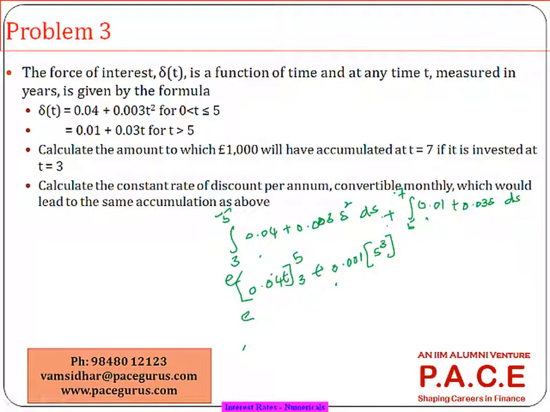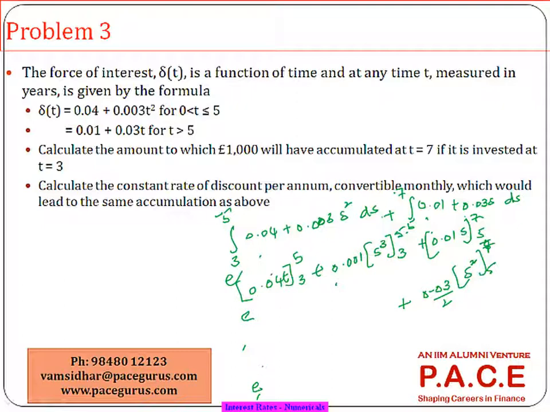0.04t, where you are integrating between 5 and 3, s cube you are integrating between 5 and 3, even 0.01 s, which you are integrating between 7 and 5, and even we are talking about 0.03 s squared by 2 into s squared, which we are integrating again between 7 and 5. Alright, so again as one more simplification giving me